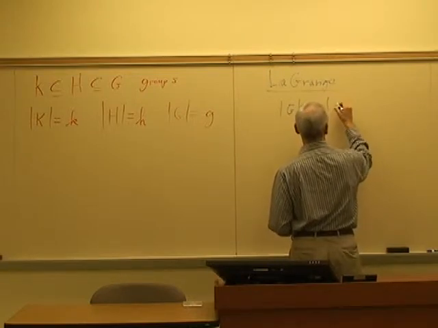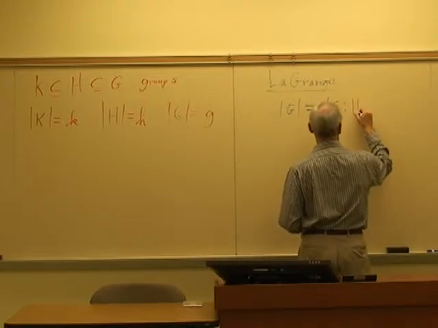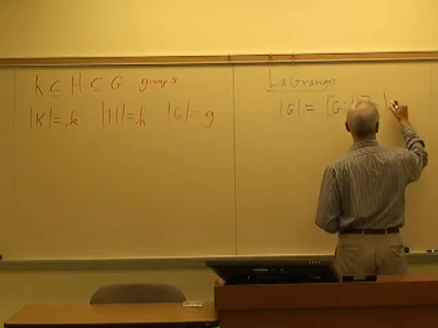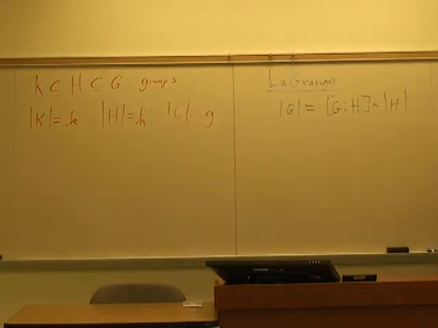Must be the index times the size, right? Because when I do cosets, what do cosets do to a group? Break it up into, cosets break up a group into